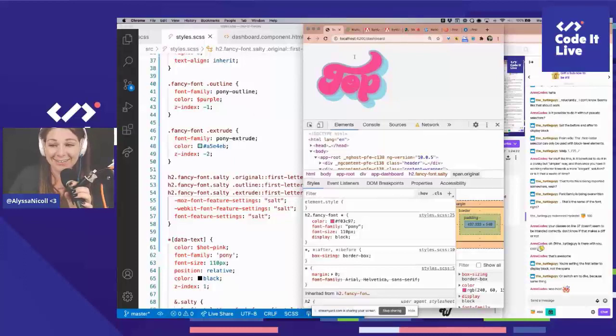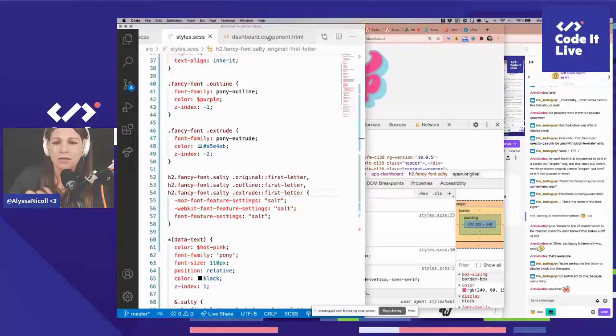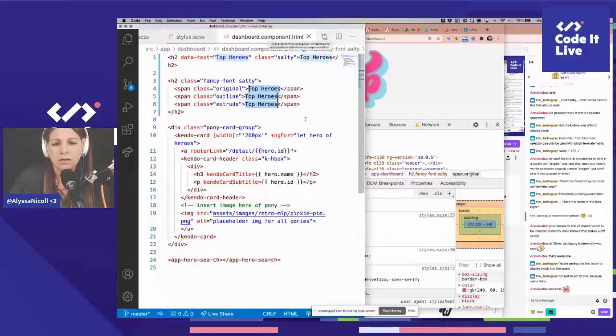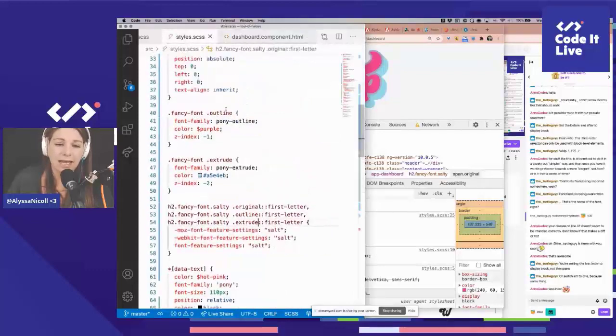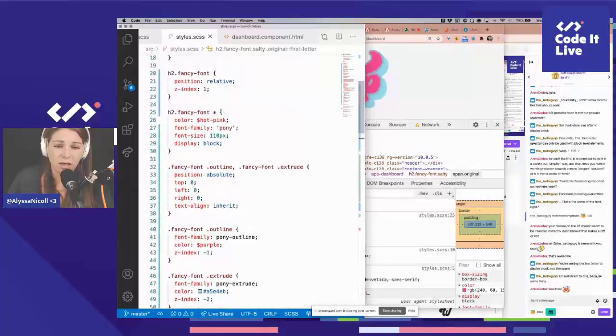I'm so excited. We have the salty first letter happening, which makes me so happy. I need to go. This does not make me happy. I'm going to dig into the data text and see if we can get that working in a little bit. But I want to clean this up because I don't want to say any H2 with Fancy Font. That's driving me batty. I really want to be able to just say,